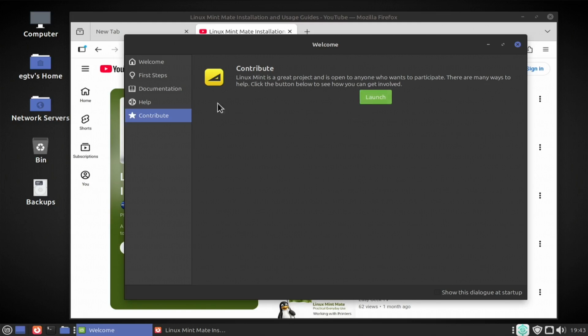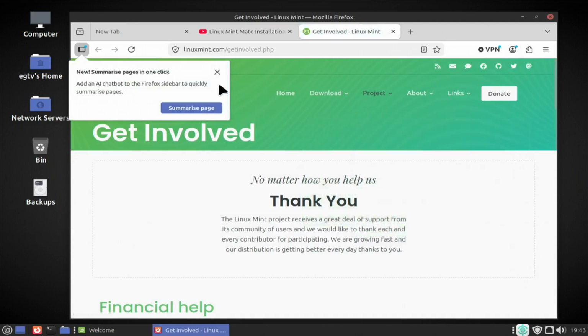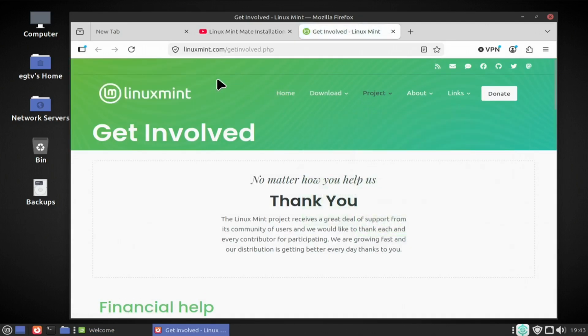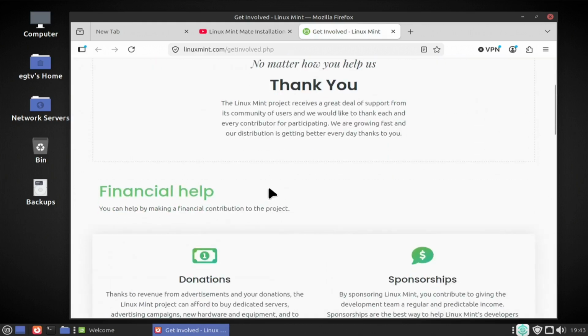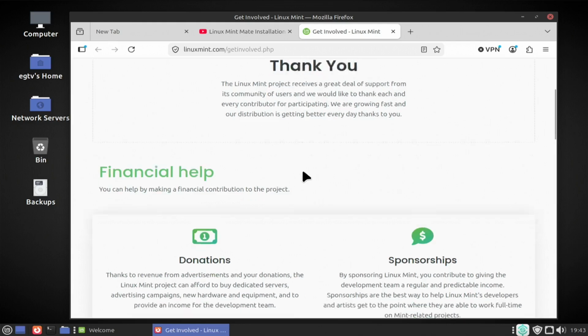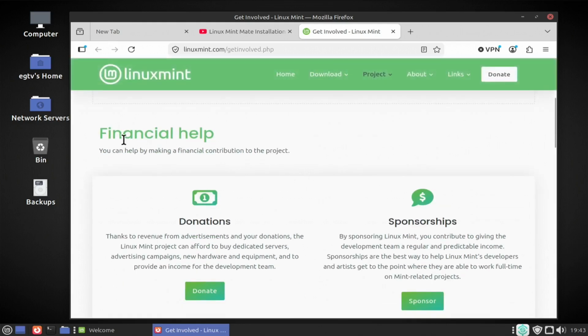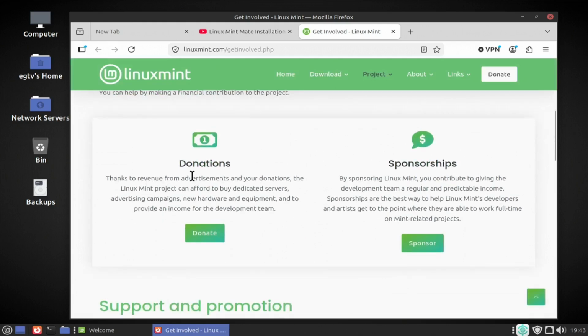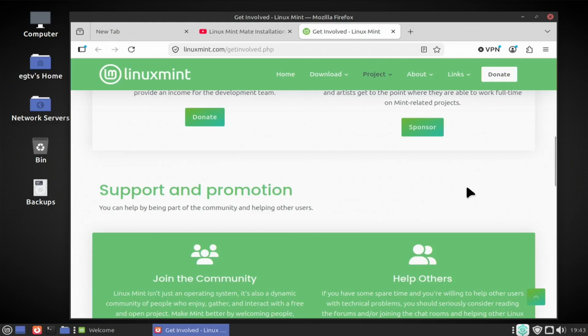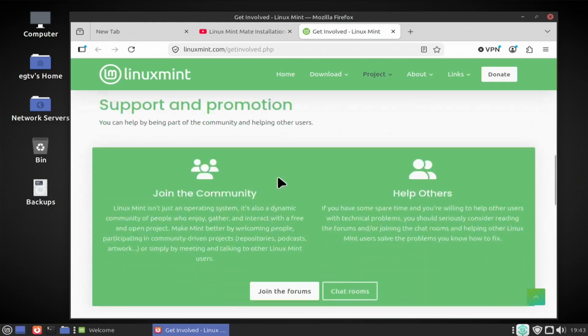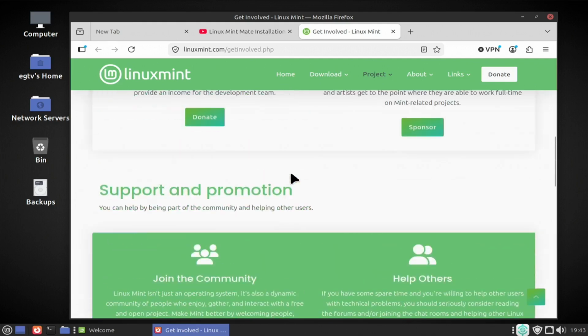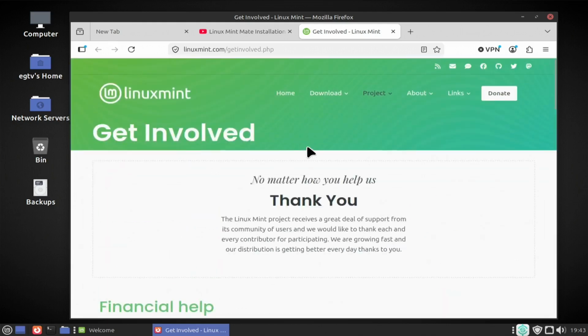Now, you can search online how to do this, or just click here on the welcome window and go to linuxmint.com/getinvolved.php, and it says, no matter how you help us, thank you. So there are of course a couple of ways to help. Donations, which are very welcome. Sponsorships, if you want to follow that route. Support and promotion. So do have a look at this, and by all means, I would suggest you guys